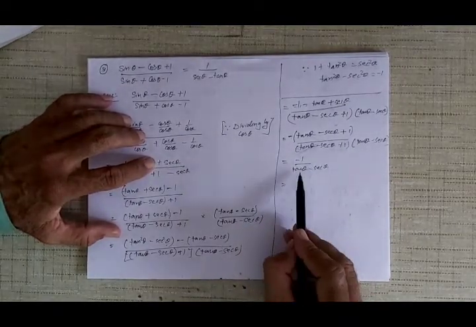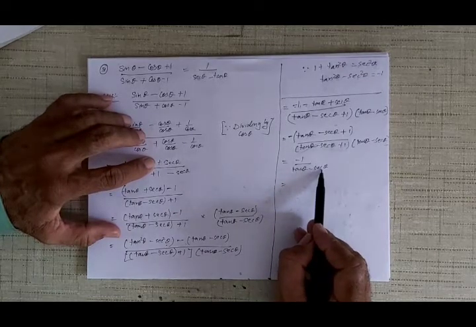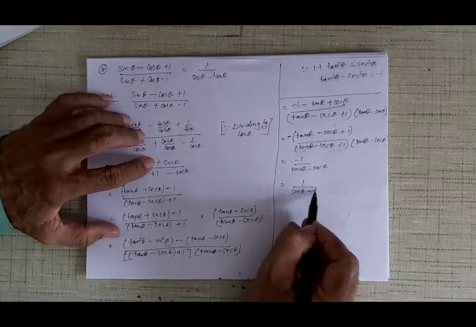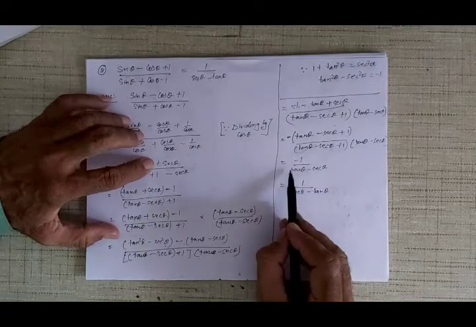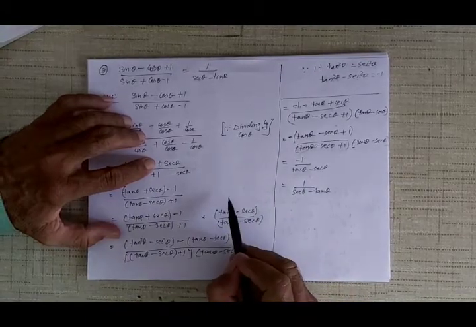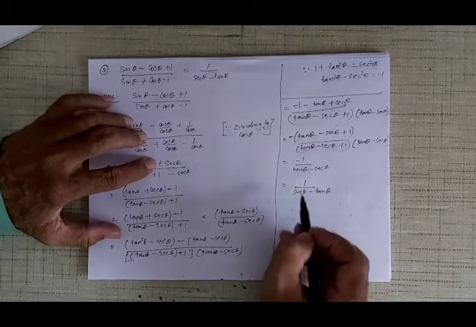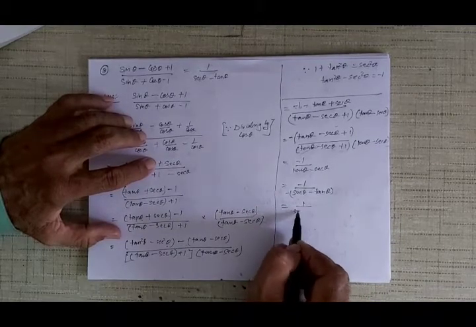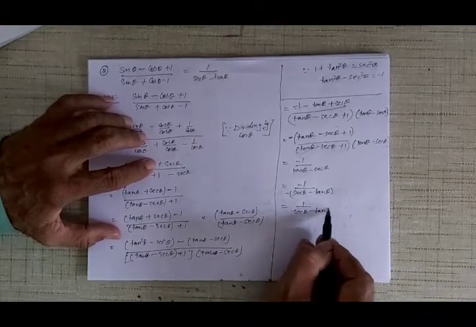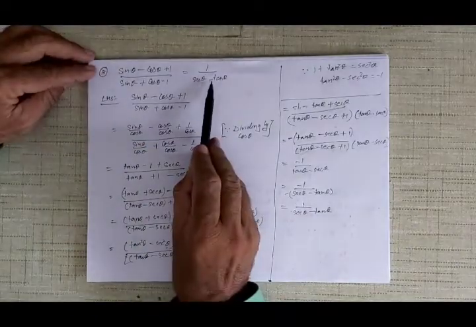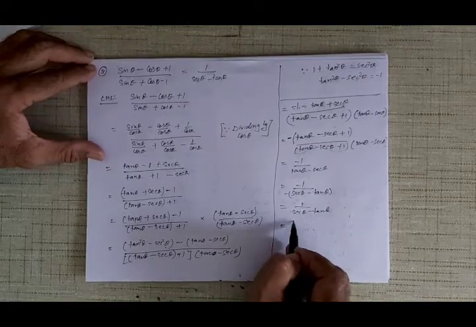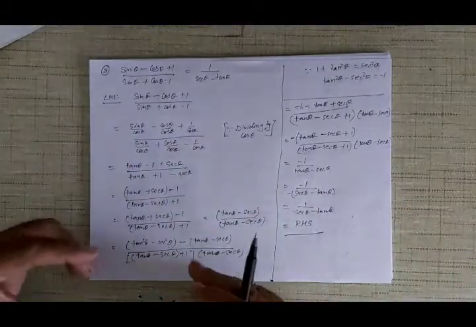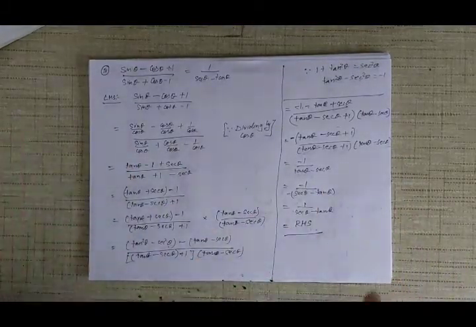Okay, so now if I want to change this from tan theta minus sec theta to sec theta minus tan theta, I change it here, see, sec theta minus tan theta. I have put sec theta in front, but for that I have to take a minus sign outside the bracket, but there is a minus sign out here also. So one more step I am writing. Now cancel out the minus sign, and you will get sec theta minus tan theta. Now see what we wanted in the beginning, 1 upon sec theta minus tan theta, and that is equal to RHS. You can see that this was slightly longer because I was explaining every single step to you, so it takes a little bit longer.